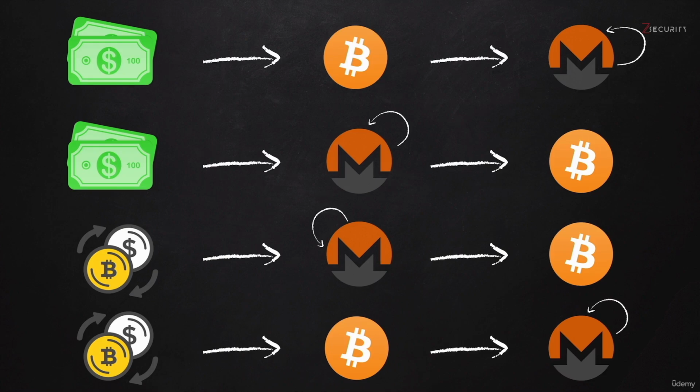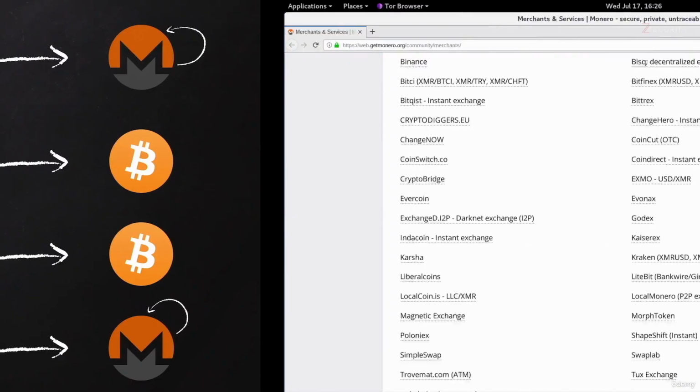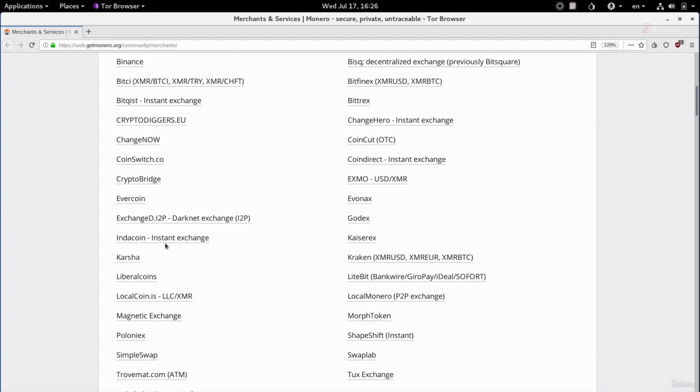So, in order to be able to do all of this, you'll have to use a crypto exchange. Now, there are a number of crypto exchanges. If you just go on Google and type crypto exchange, you'll get a lot of services. If you go to the Get Monero community page, you will see a number of services there as well, and I will include this in the resources of this lecture. And like I said, the policies of these services change often, so always stay updated on what's new. Always stay updated to see which ones will require you to register and verify ID or not.